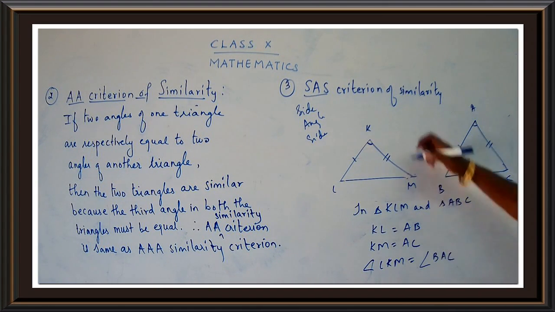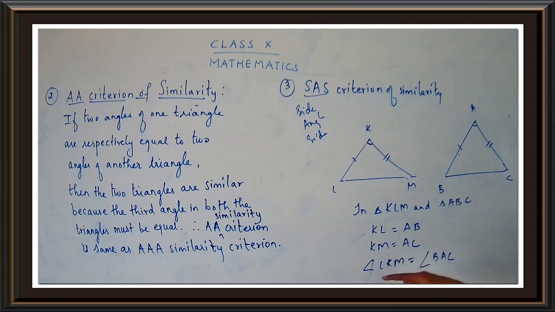Getting my point? So you have to take this angle as an included angle. That means the K should be in the middle. Like here. See, the K is coming between the two letters or between the two vertices. So LKM. Then here BAC. So when you have such a condition. So here we have taken three conditions. Yes, children? One for side, and one for angle. So you can say triangle KLM is similar to triangle ABC by SAS similarity.